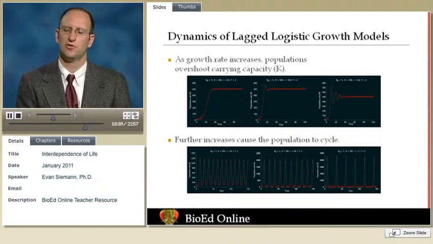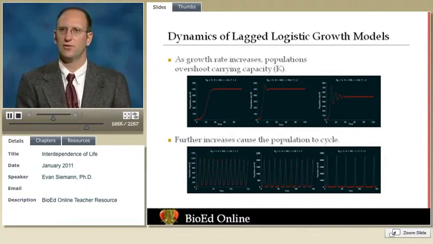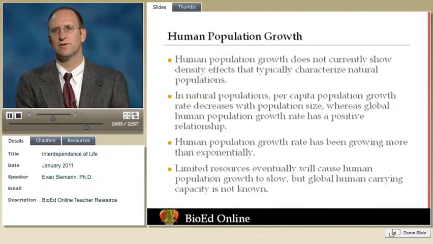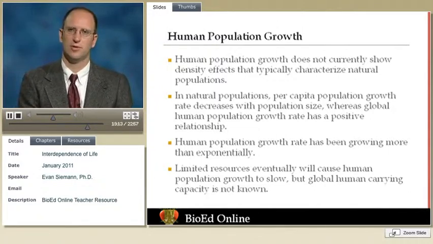In chaos, the population will appear to be unpredictable, and the dynamics will appear to be random and not the result of demographic processes, when really they could be completely determined by population size. But there's so little feedback between population size and births and deaths that the population appears to be undetermined and random. In natural populations, organisms show density-dependent growth, and as population density increases, per capita growth rates of populations decrease.